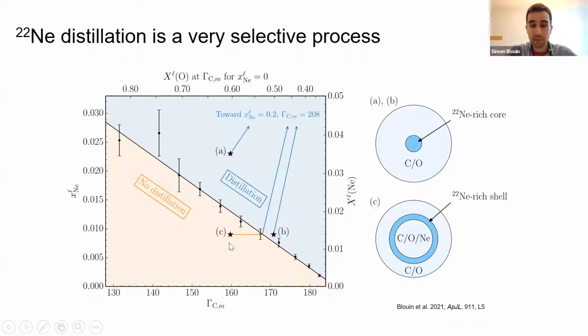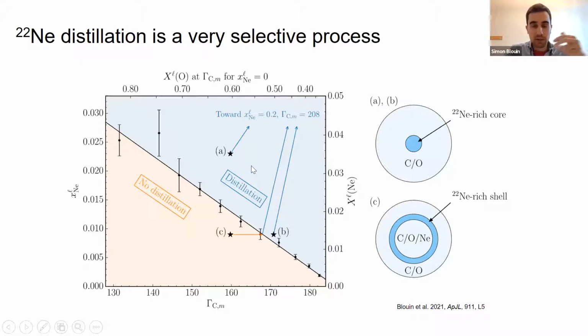If you have less neon 22, so let's say you have a more standard 1.4% neon 22, then you're in this region where the crystals are heavier than the liquid, so distillation cannot take place, and the evolution will be different. So I will come back to this case a bit later, but for now, let's just keep in mind